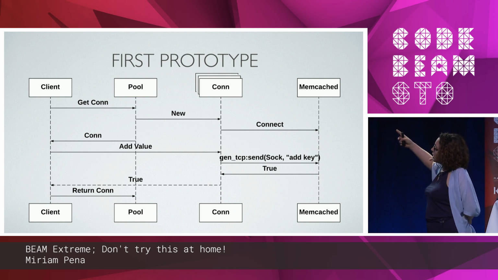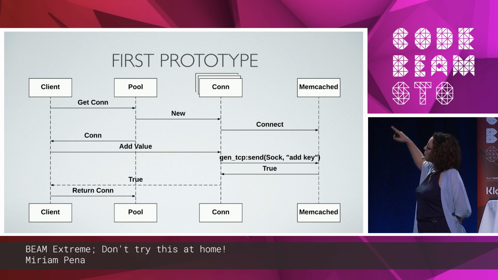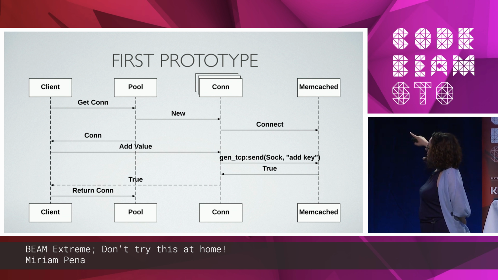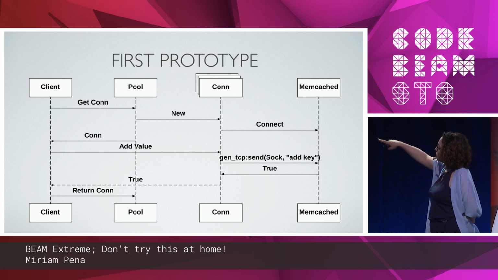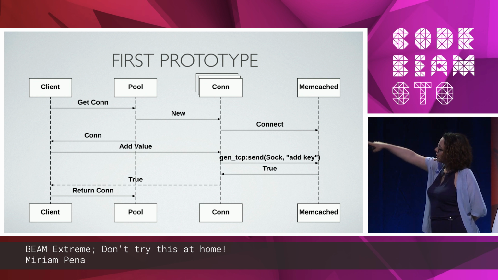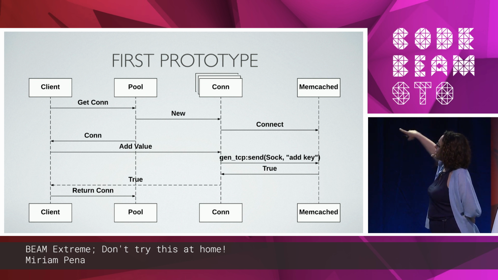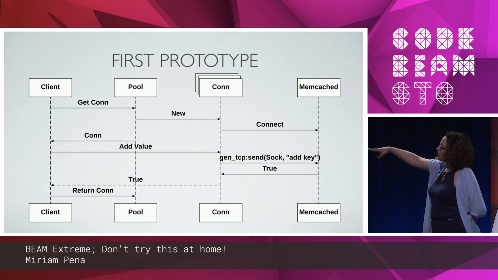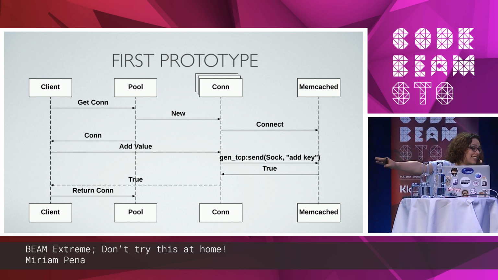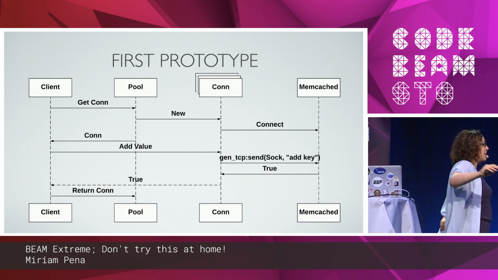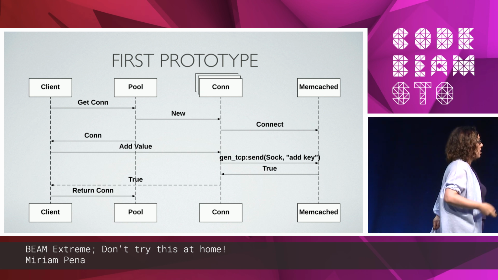And this is typically stored in a process. You will have a process that will create the new connection to Memcached, and then you use that process to do the operation to Memcached. So basically, the pool will return the connection, and then the client will use the connection process to send the data to Memcached, return, return, return, all happy. Great model. There's nothing wrong with it. Highly recommended and very useful.